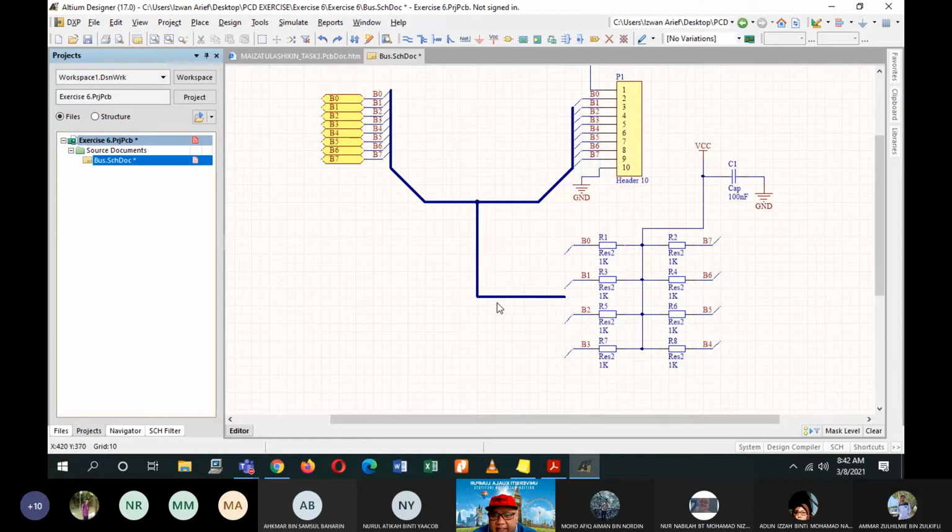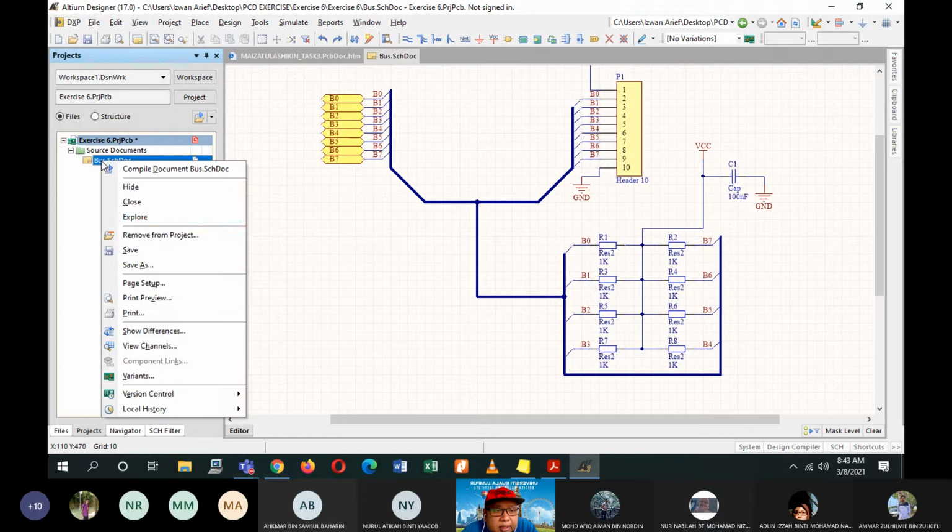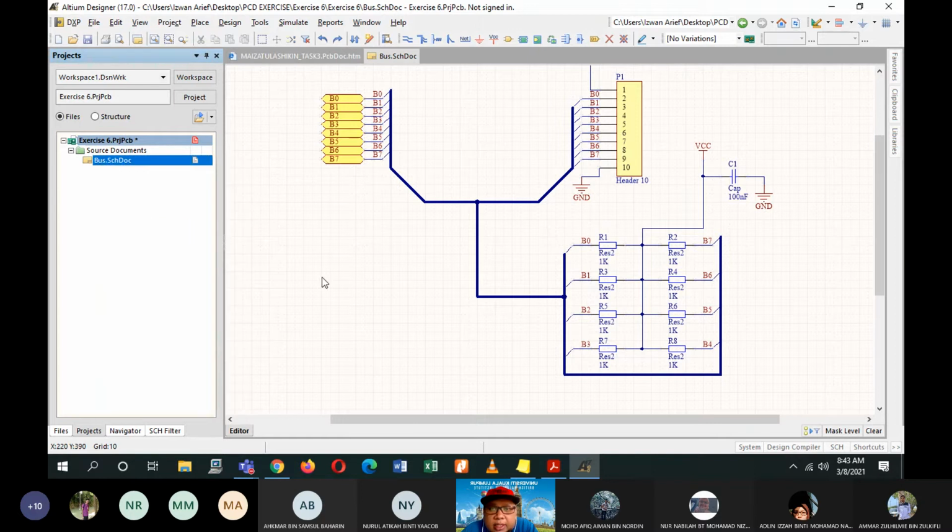So I'll make the connection to connect them together. Alright, so it should look like this. So you may try.